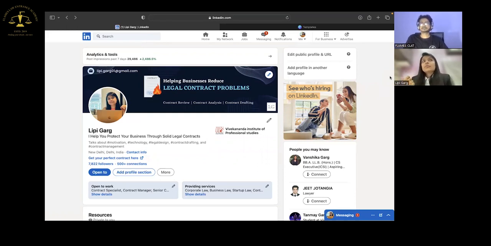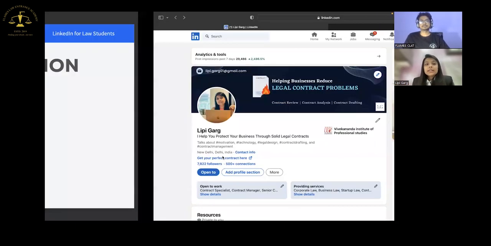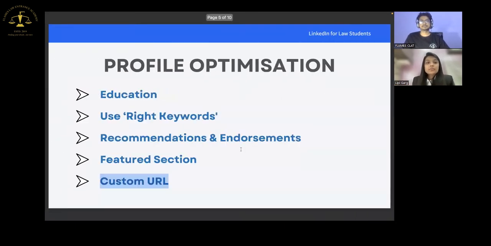For me, if my name was Muskan or Khushi, just example, no offense, so I could have written Muskan, maybe contracts by Muskan, right? So something like that. So my keyword, the main keyword, and if you are in your first year and you do not know what my keyword will be, so legal is the safest option for you. Yes. Right. So this was about profile optimization.